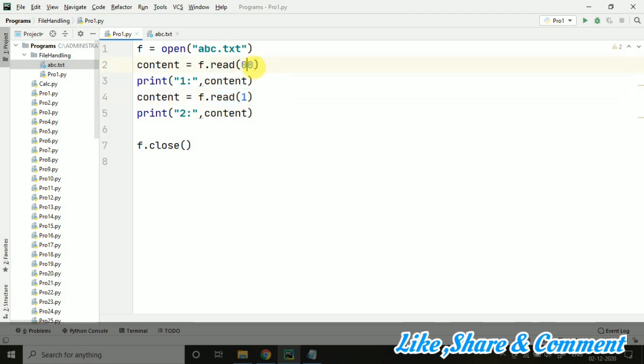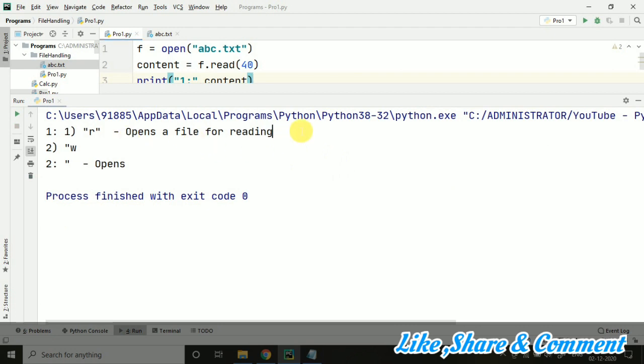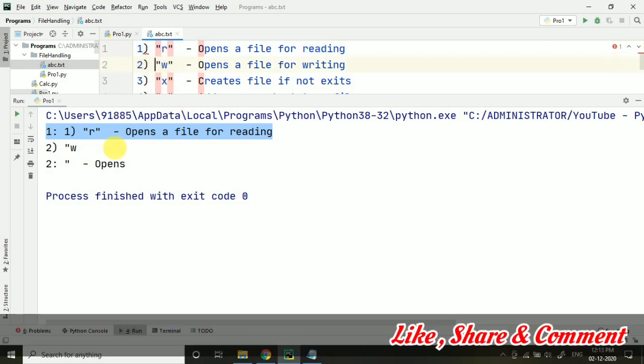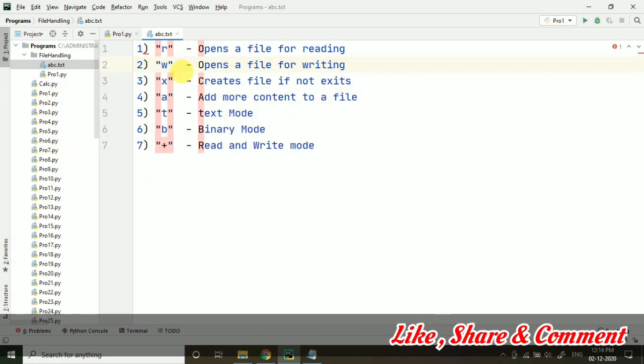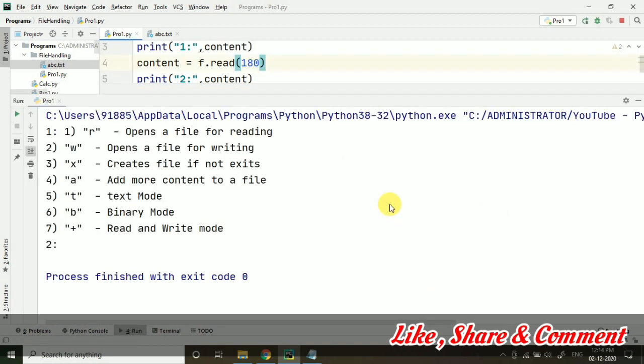And if in any case, like I have shown you before also, suppose I have taken 40 here and 10 here, what will happen? First of all it has printed 40 characters till here, and then from W, you can see, from here it is starting. This is the second line, the 2 which we have taken, the 1 which we have taken. Till here it is 40 characters, and the 41st character is this one. From here it is giving us. So it always continues, because the cursor must be positioned here, and after that whatever comes, it will be reading. That's why if I am exceeding this limit, it won't be able to print anything in the second printing statement.